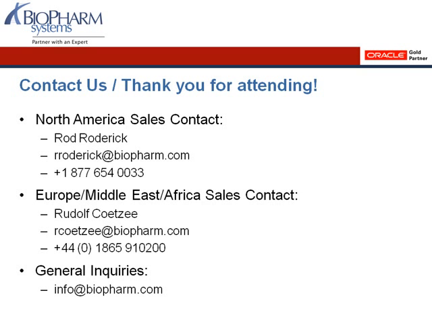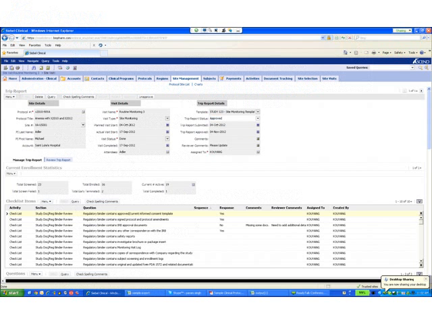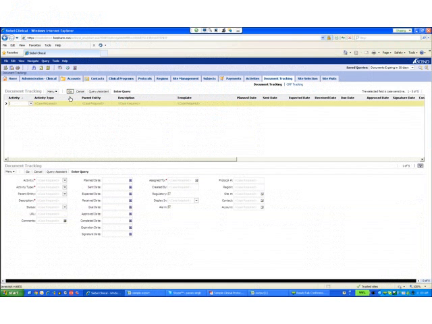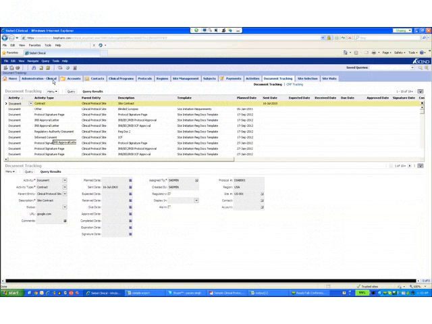Yes. So let me go into the system. One way to do that is from a document management or document tracking perspective. In the document tracking screen, we have the ability to see all documents across the entire organization. So if we're tracking our protocol amendments in this section, we can.